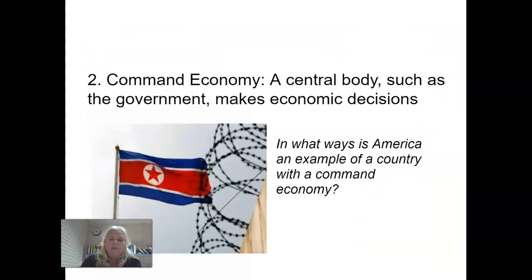Okay, so the next kind of economy is a command economy. This is a central body, such as the government, that makes economic decisions. And so I have here, in what ways is America an example of a country with a command economy? There are some things that the government does make economic decisions about. This is especially true with something like the military. The government makes decisions about how much spending we'll do on the military and how much technology and innovation we'll